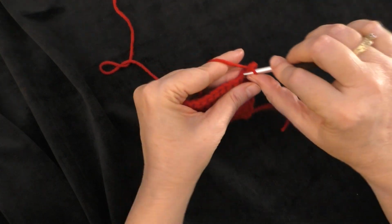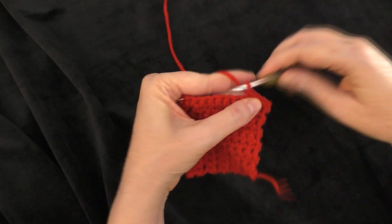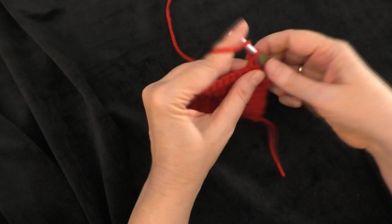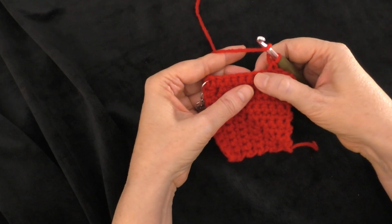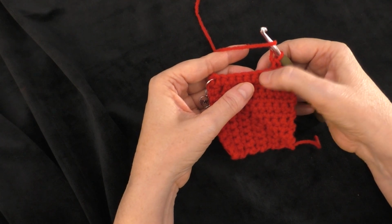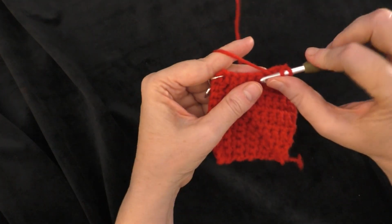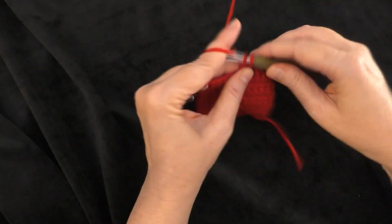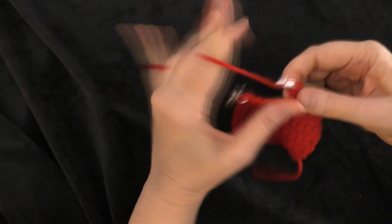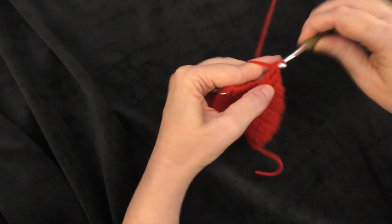1, 2, and 3, okay? And then I'm going to skip the next 2 stitches and do 5 double crochets in the next stitch. So 1, 2, and I'm going to skip those next 2 stitches, 1 and 2, do 5 double crochets into the next stitch. So 1, 2, 3, 4,